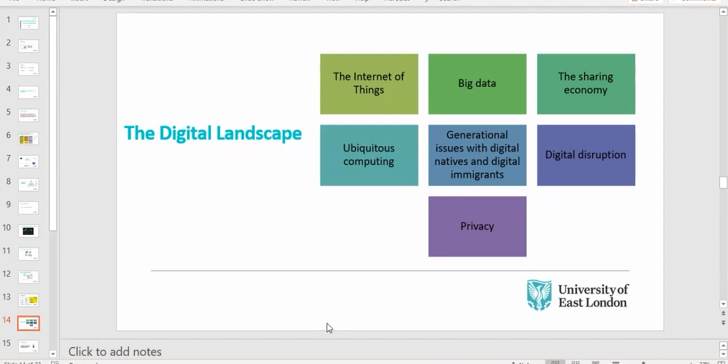And what does it mean? Every time something is connected to the internet, there's a trace of data. Apparently there are 500 million tweets sent every single day, and some 294 billion emails sent in one single day. And imagine the amount of data that we are creating on a day-to-day basis, individually as a person. So what does it mean to you as a business? What data do you have?